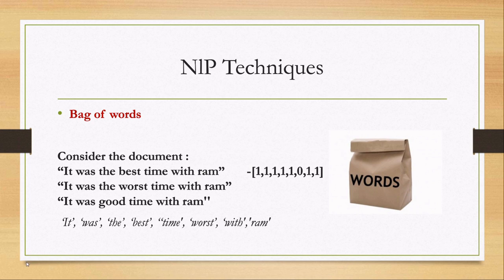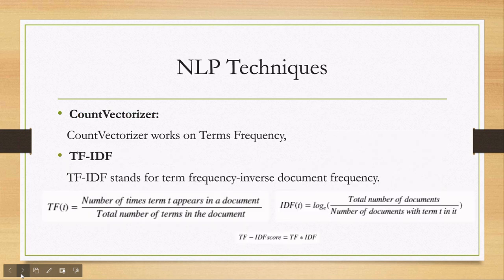Now, a bag of words may not contain as much informational content. It will give more weight to a longer document. So we have another approach. First, CountVectorizer. It works on the term frequency, like counting the occurrence of a token and building a sparse matrix of a document. It is the number of times a term appears in the document.